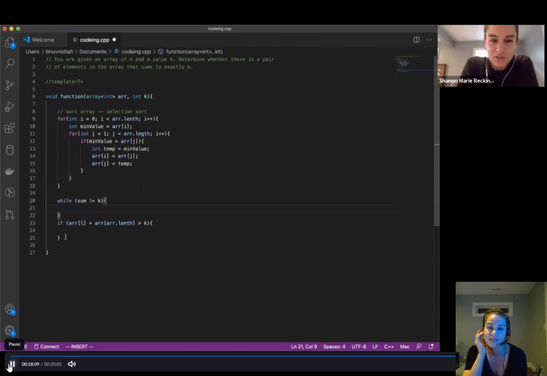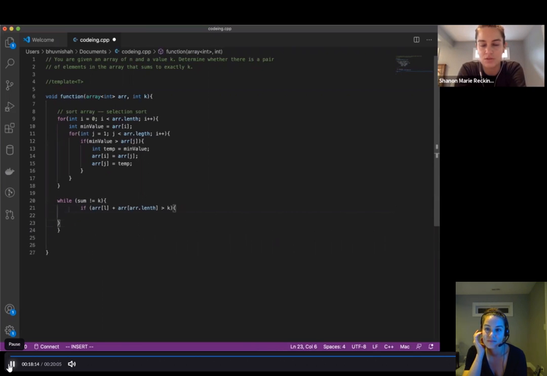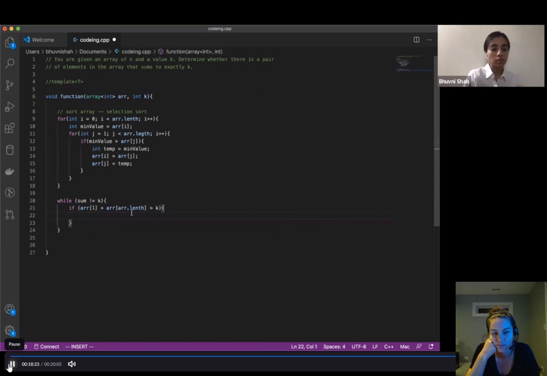So we're kind of running to the end of our interview. Do you want to maybe put in some comments of how you would solve this without any code, so that we can have something before we end here? So I think what I would do here is maybe go through the array and increment these two values if it's too small or too big until I get to this k value. So increment. Oh, okay.